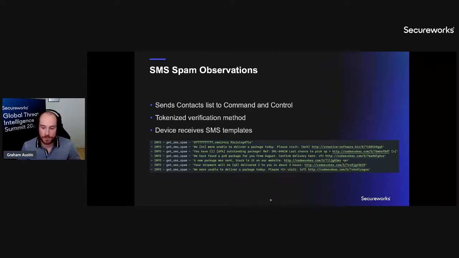SMS spam. So this is probably one of the more interesting parts of the botnet that we get to emulate. We get lots of indicators of compromise here, and we get to really peer into the operations. So first thing that will happen is the device will send the contacts list to the command and control. So any friends, family numbers or colleagues that are exfiltrated from the phone, they'll probably get targeted by an SMS message as well. Recently, we saw a tokenized verification method. They put this in place to ensure that the device can